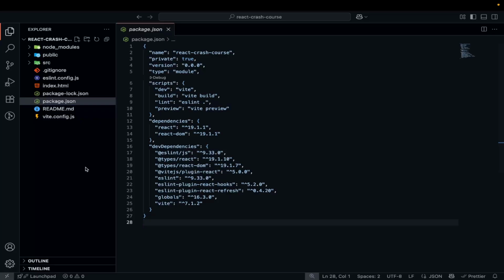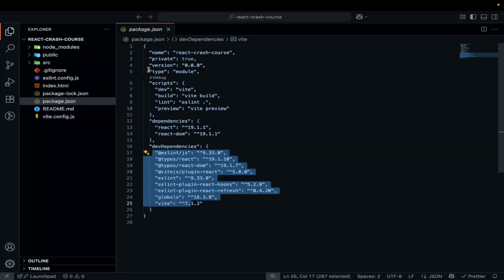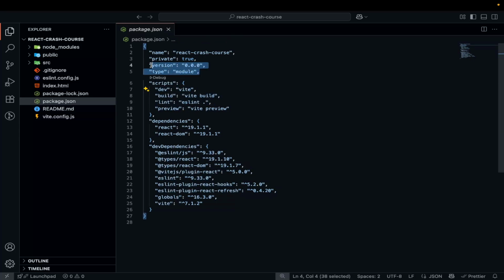After this we have the package.json file. This file is maintained by npm. You can see we have dependencies, dev dependencies, scripts and some metadata about the project. The package.json file contains all the core metadata of our project. You can see the name of the project, the private attribute, the version, the type, and after that we have scripts. These are npm scripts which we can run to start our server, to build the project,